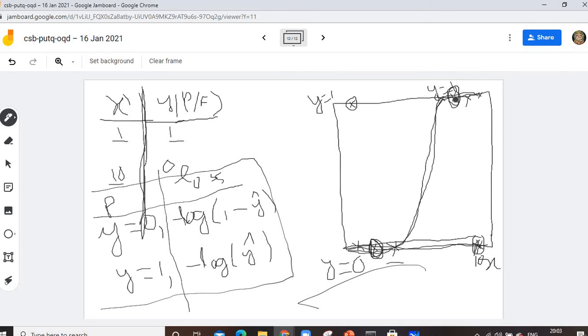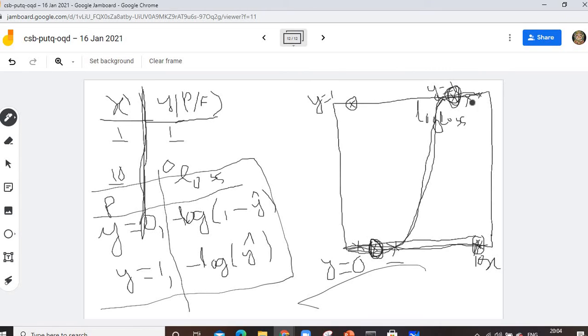Here y is what? 1? Yes or no? Because these students get passed, so y is 1. These students get failed, here y is equal to 0, right? So at this point y is equal to 0, and at this point y is equal to 1. What will be my log loss function for this point? Can anyone say? Minus log y hat. What will be the predicted value?